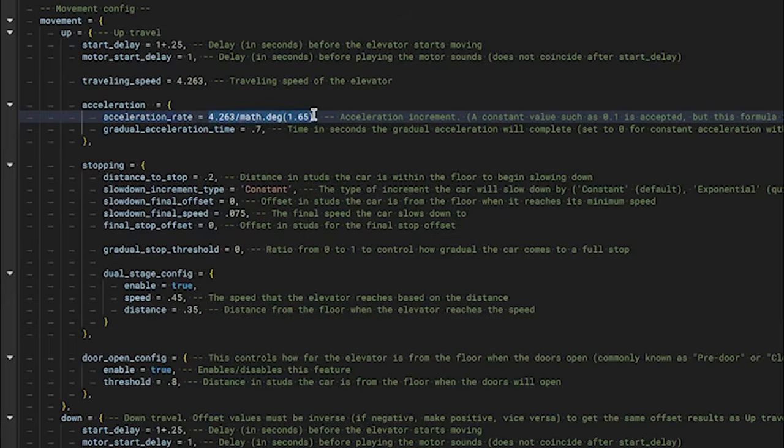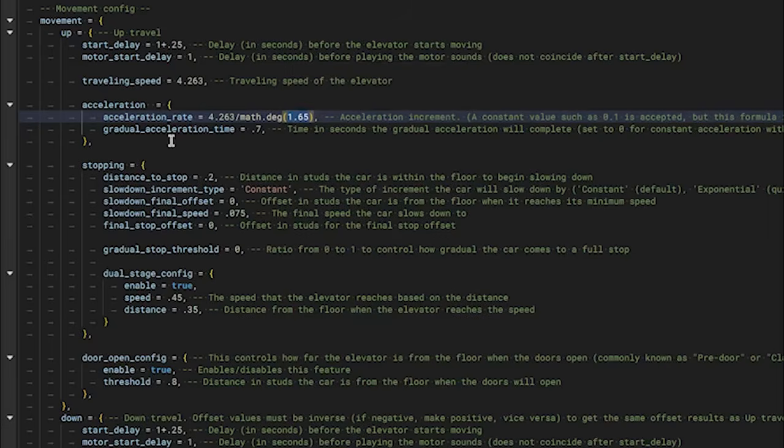you'll see that I'm using some sort of weird math equation that you guys might not understand, but I kind of explained it. So this is the travel speed divided by the seconds it would take for the elevator to reach top speed in degrees. Now, that just basically gives me the rate of acceleration. You do not have to use this, but I do recommend it. It is easier because instead of changing all of this, only change what's in this here. So for example, if you want to make the elevator take 4 seconds to reach top speed, you just enter